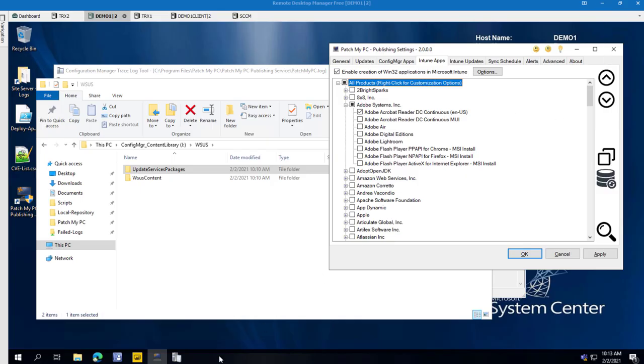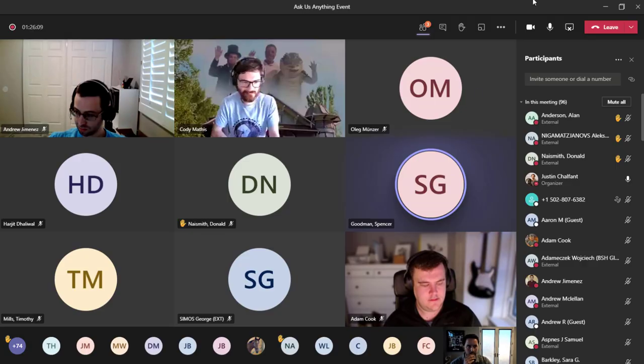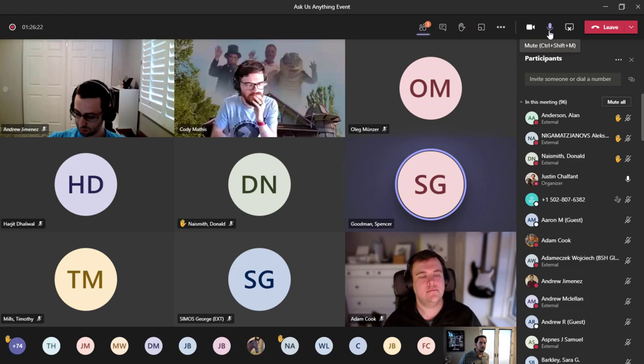Configuration Manager does have this component of it. It's like the PS1D file that you can import, and it actually lets you send commands remotely to Configuration Manager. So I have been testing PowerShell scripts where it can actually pull and create applications. Not the same way that Patch My PC does, but the end result is very similar, and that works on a machine that's not it. And do you know what I mean when I'm talking about the import module? Absolutely. So from an application perspective, we could work remotely